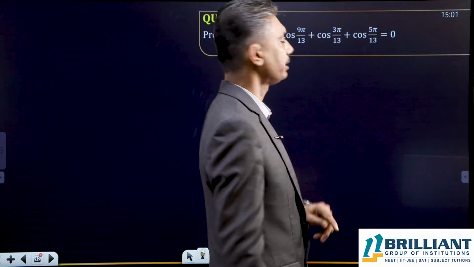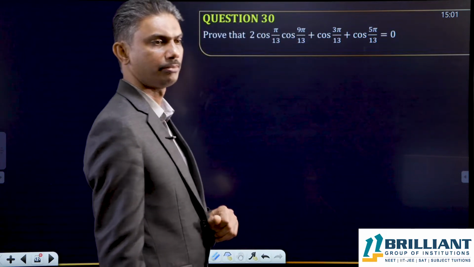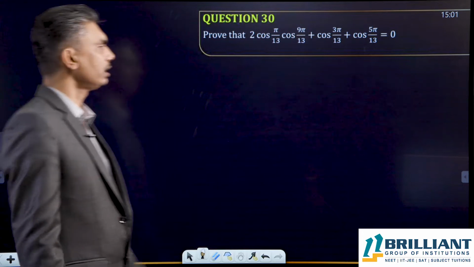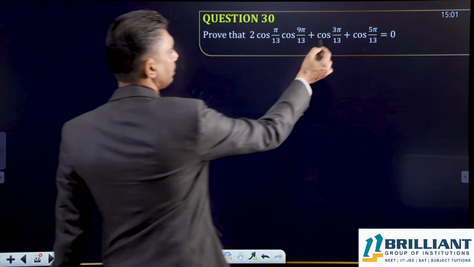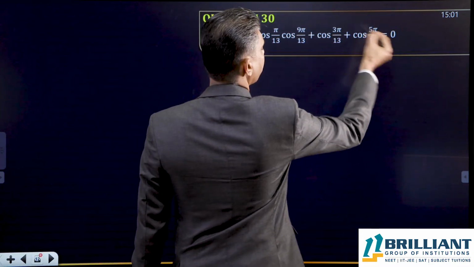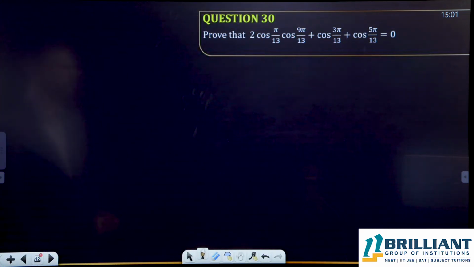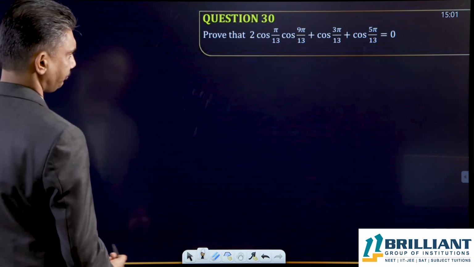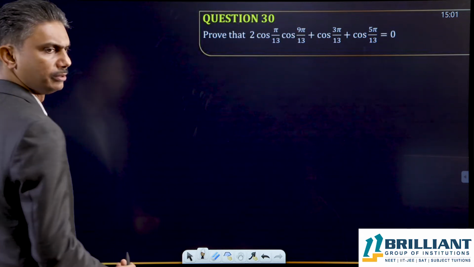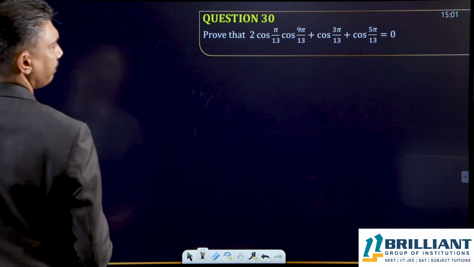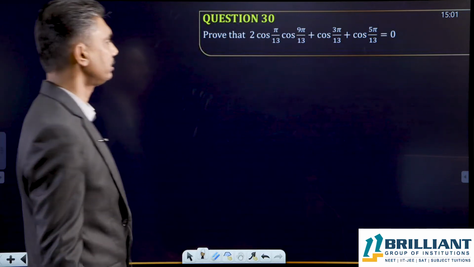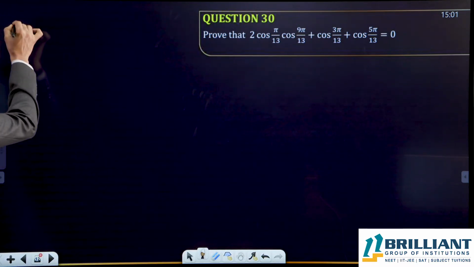Okay. So, here one angle, see 3 pi by 13, 5 pi by 13. I can reduce 3 pi by 13, cos 3 pi by 13 and cos 5 pi by 13. So, LHS is equal to